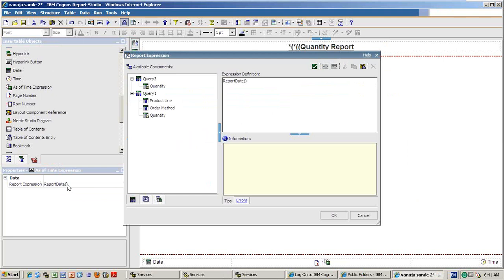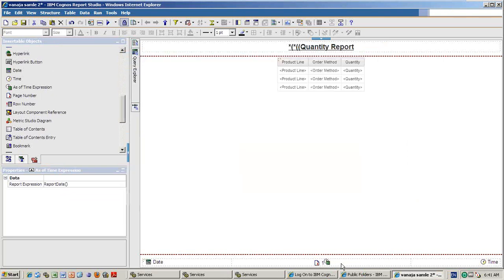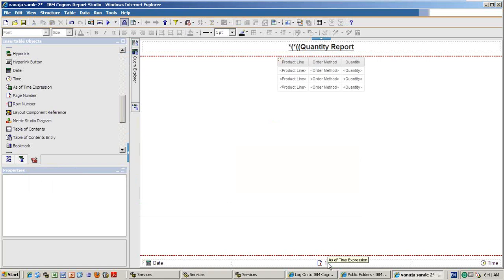So report date is when the report is actually running. If you want to write an expression, then you can write it, like a case statement: case whenever as of date equal to this much, then show like this. That will be useful in the expression. As of date or as of time, you see that one. I'm selecting the function report date. Report date means whenever the report is running, whatever the date is available at that time will be shown.